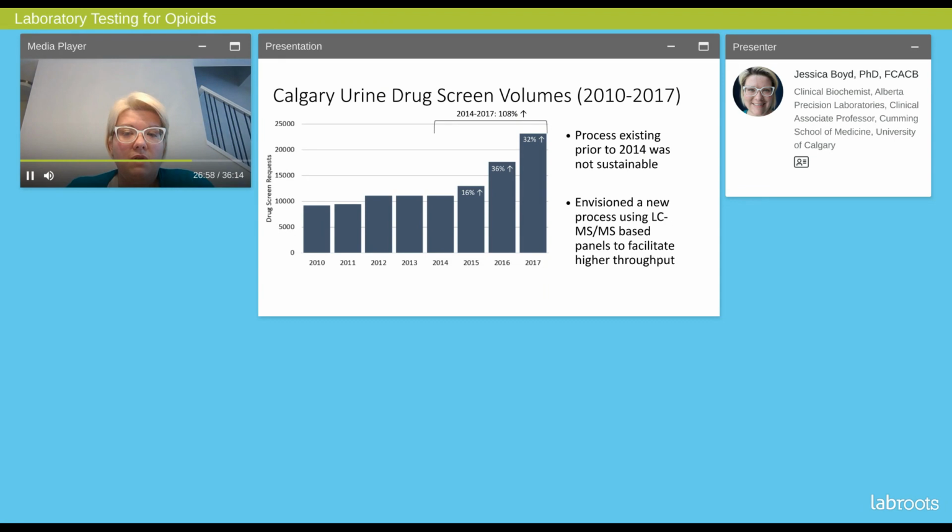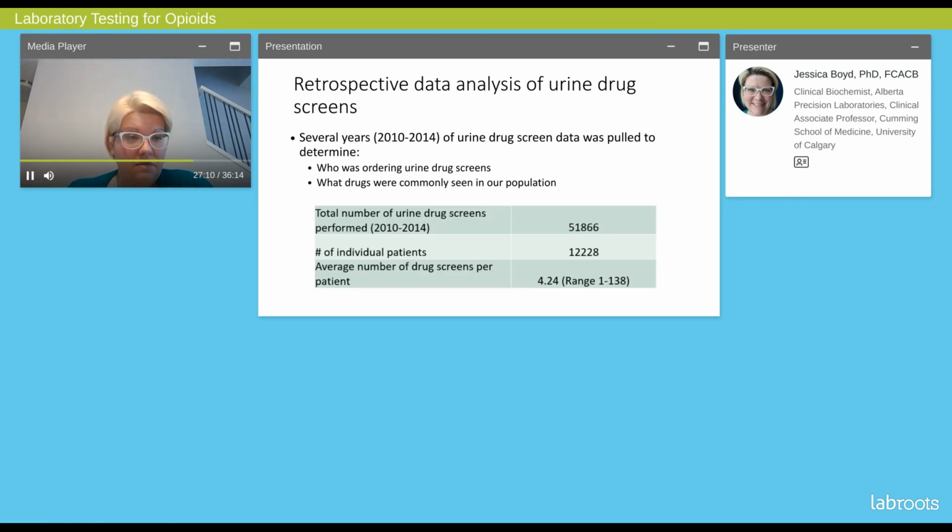We would use automated liquid handling to extract our samples, which we were doing manually before then, and then we would get middleware to connect our instruments to the LIS so that we didn't have someone manually putting results in as we were doing in 2014. But part of the big question there was, well, what do we need on these panels, and